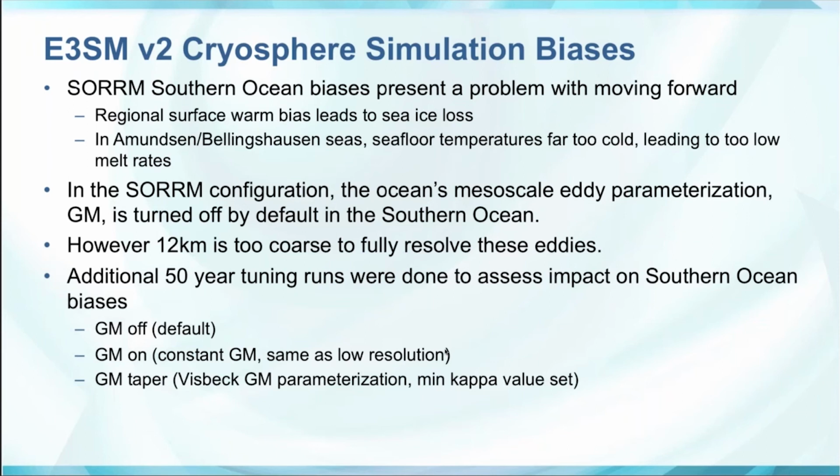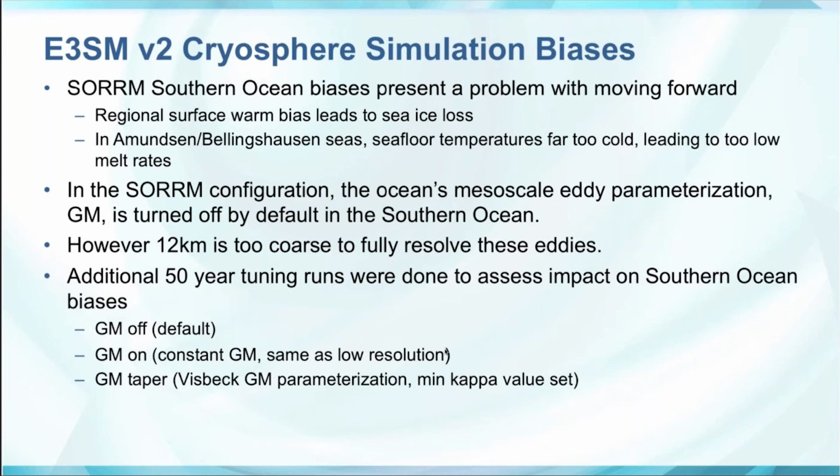So around the Southern Ocean, where the resolution is 12 kilometers, by default, the GM is turned off in the SORM configuration. However, at these high latitudes, 12 kilometers is too coarse to fully resolve these mesoscale